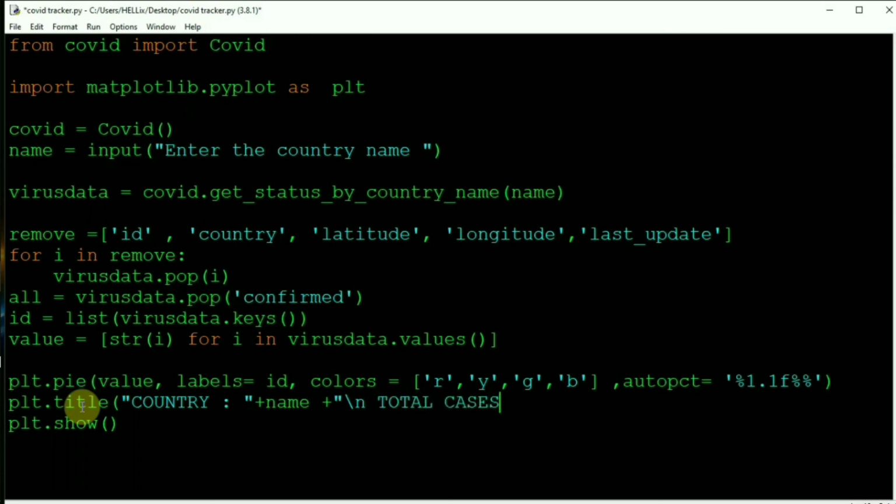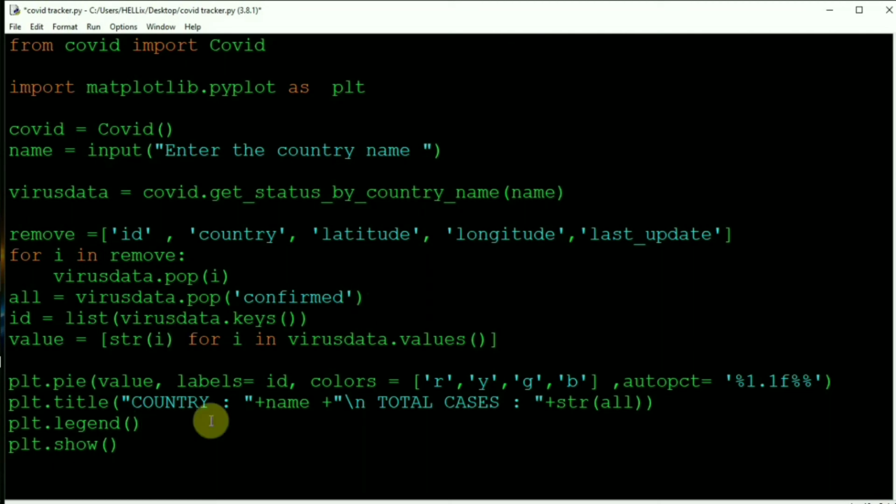For total cases I'll use the value which I got from all, so 'Total cases' plus str of all, because all is a number, so we'll convert it into a string. We'll also have a legend to tell what is inside the pie chart.